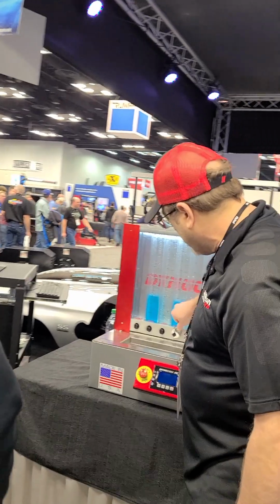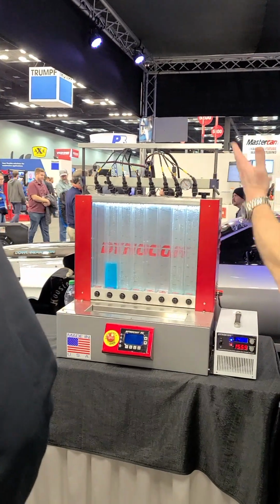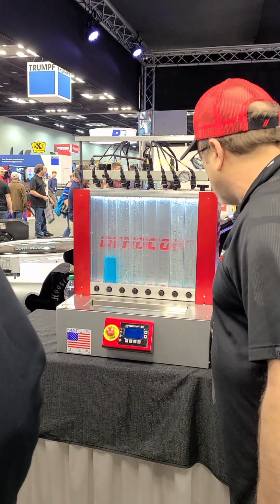If you're familiar with the older types of flow meters, the injector method, you can do that. And it runs an external power supply. The reason